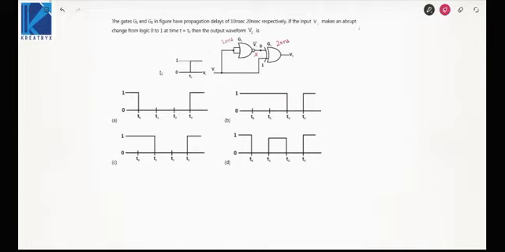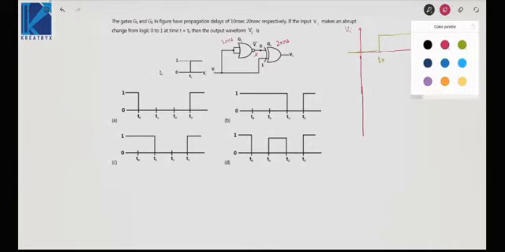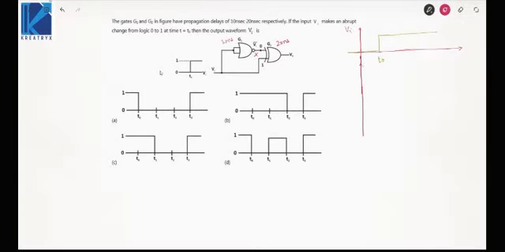So if Vi, I'll draw the waveforms here. In such kind of problems, all you have to do is draw all the waveforms to find out the output. Okay. So Vi is given as going from 0 to 1 at time t0. Earlier it was 0. Now the variable X is basically the complement of Vi.